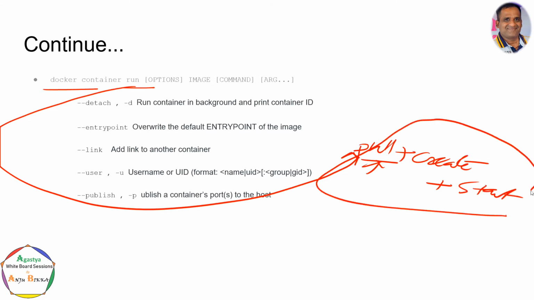It does three things: pulling the image first from the registry, from a private or public Docker Hub registry, then based on your configurations, once the image is pulled, it creates the container. Then the container is started by one command called Docker container run.